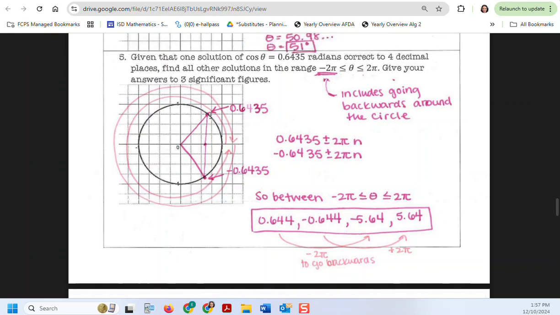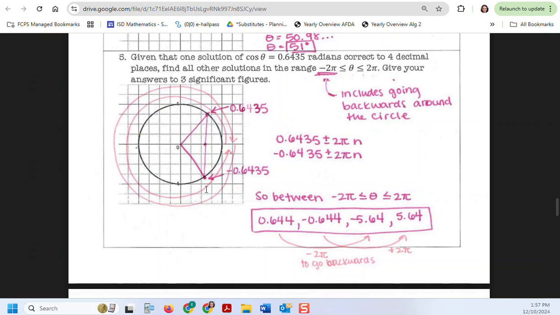I'm sorry. Every time we add a full circle to this angle, we determine another angle that's in the same place and has the same cosine. It's really tricky to mix the idea of a decimal with these angles in terms of pi, but this is what we're doing. We have this angle here, and every time we add a full circle to it, we